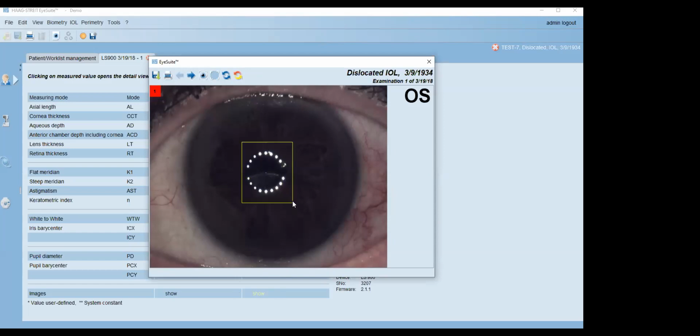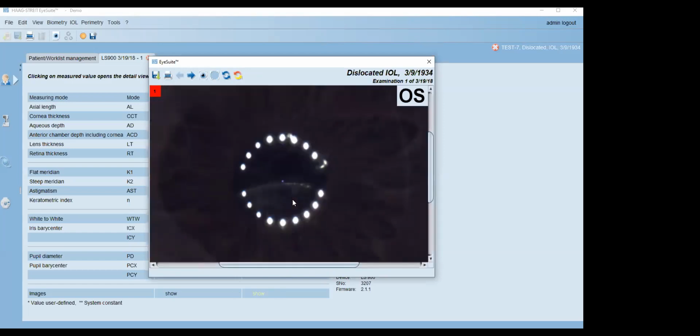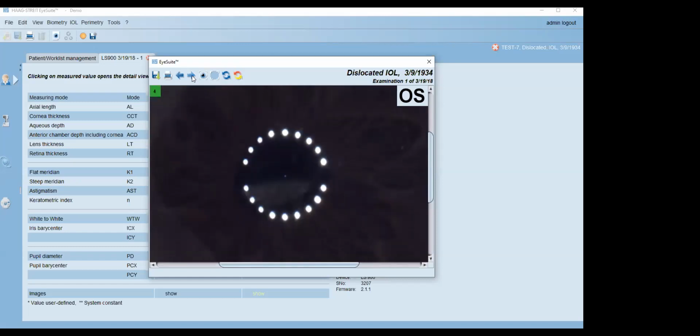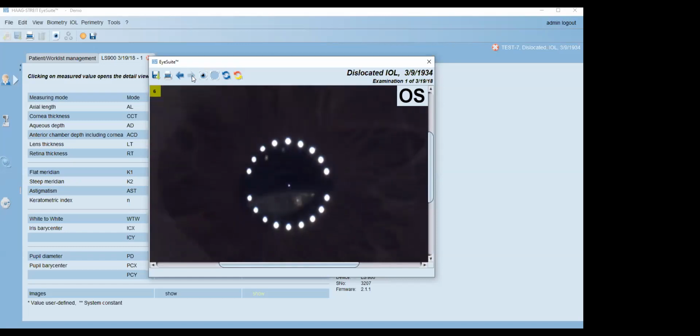And if you click, hold, and drag a yellow square over the pupil, we're zoomed in on the pupil now, and the blue arrows will help you navigate through the various scans, or the images that were taken at the time of the scanning process. So if we scroll through these images, we will find that in a majority of these scans, the visual axis was